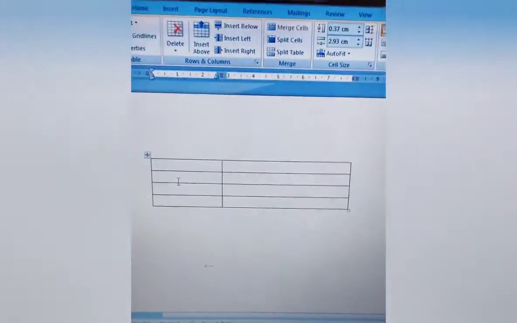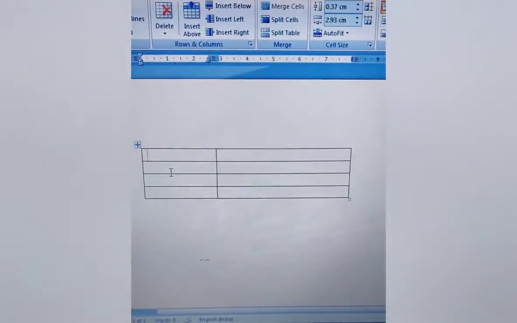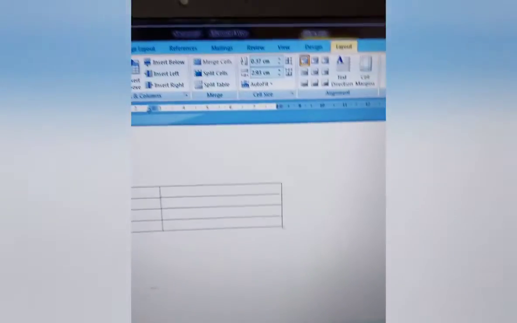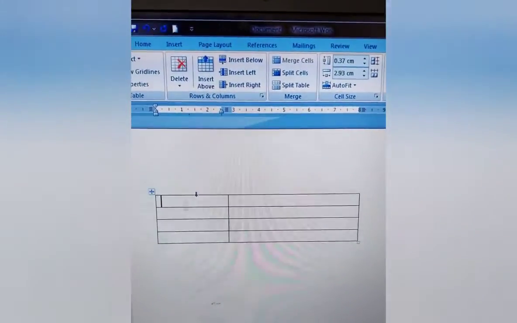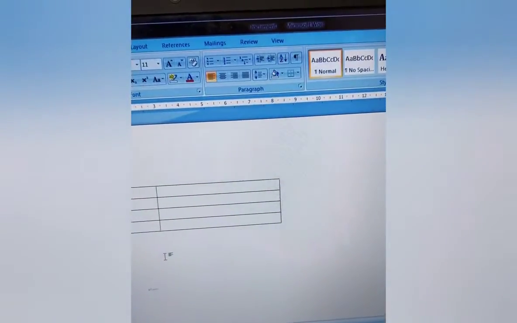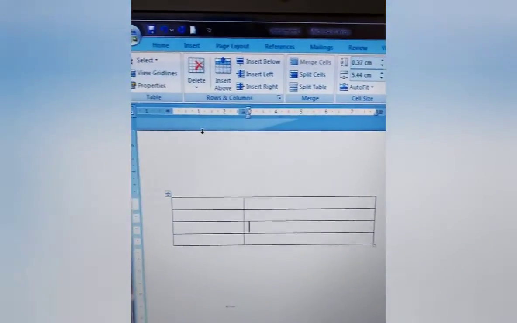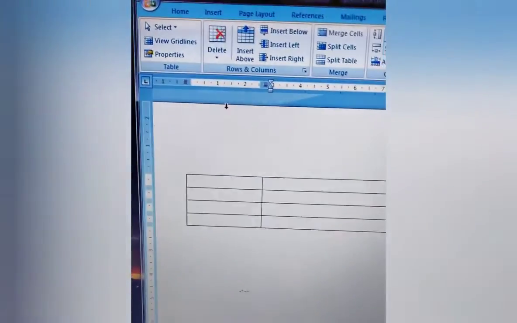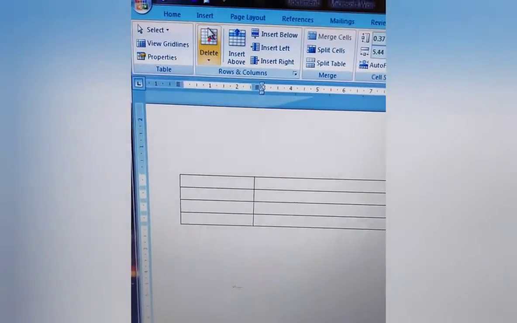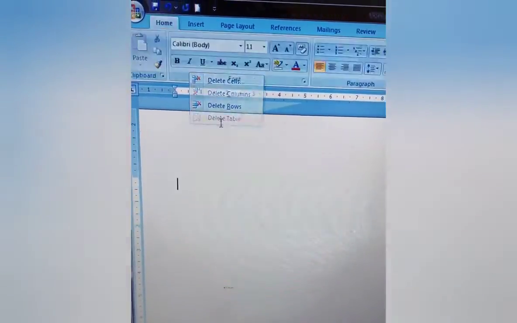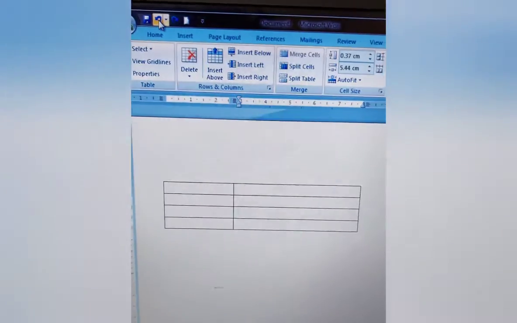Okay, so what do we do? The first step is to click on any cell within this table, any cell in any column that we want to delete. Then we will have to go to this layout tab. Okay, this layout tab will only come when we click on any table. If it is clicked outside, it will go, as you can see. Again, if we click inside, it will come. Then click on the delete button, and then we can choose according to our need what we want to delete, if it is a cell or a column or row or the complete table. See, delete table. Done, deleted. Okay, so I'll just undo it because we need the table to do the rest of the things.